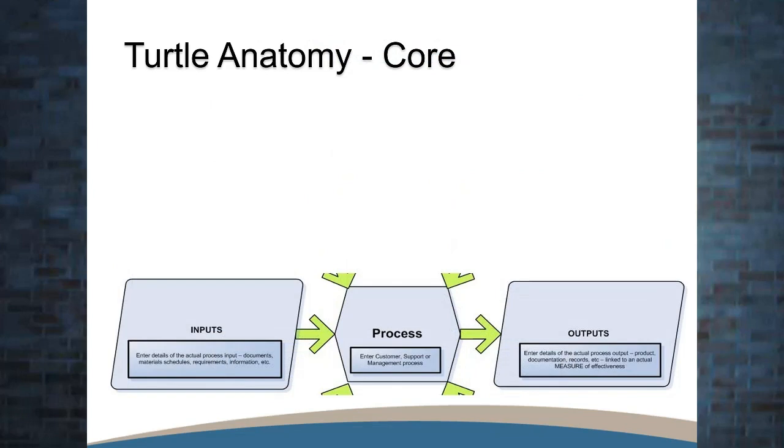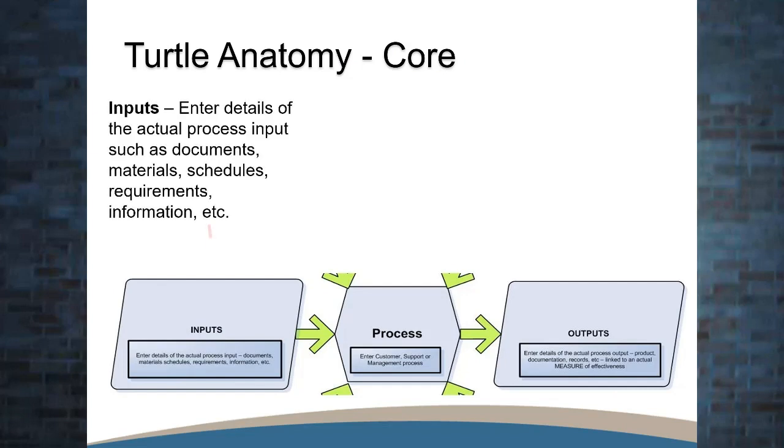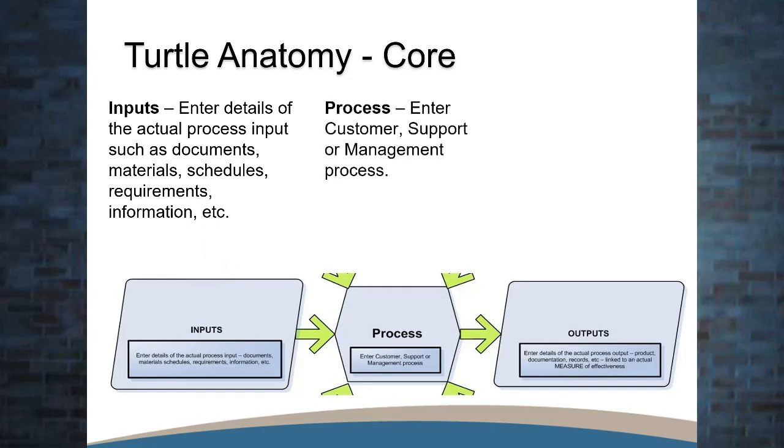So the core of the turtle diagram are these three shapes here: your inputs, process, and outputs. The inputs, here you enter details of the actual process inputs, such as documents, materials, schedules, requirements, information, etc. In the middle, this is the process itself, so enter customer support or management process. For example, purchasing, if you're using a turtle diagram to define the purchasing process, then you put purchasing in this